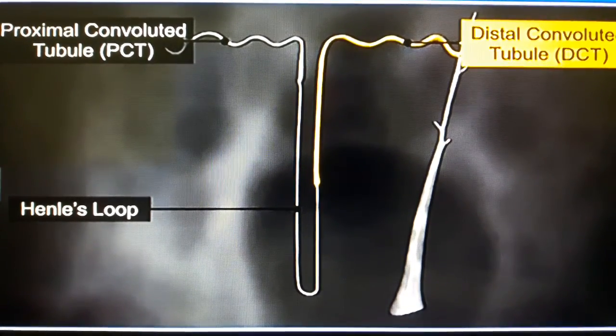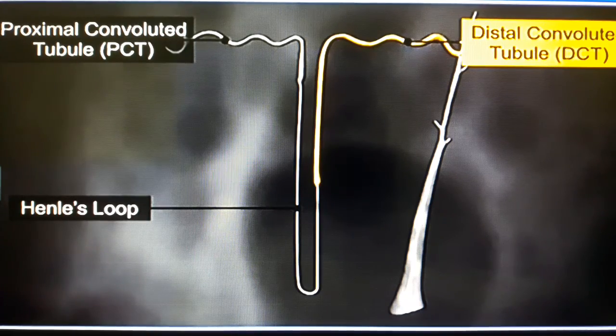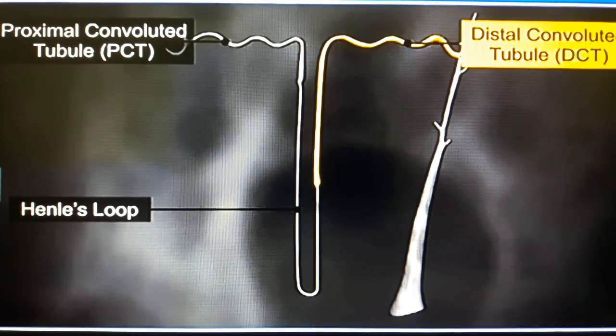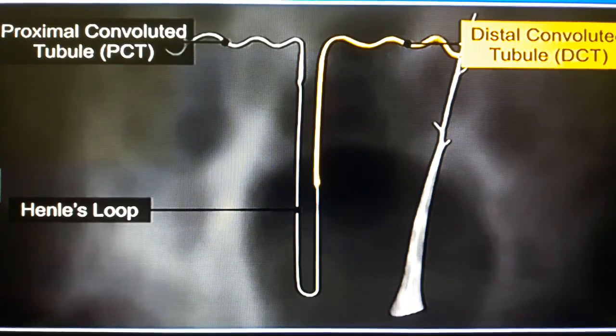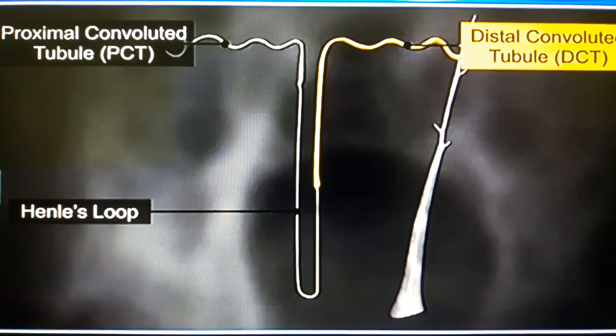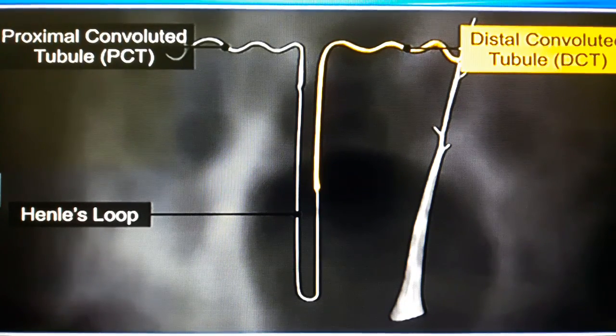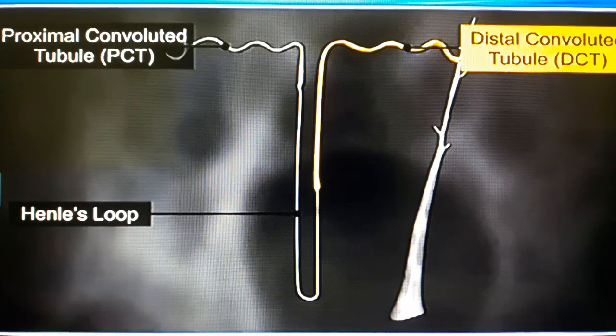So a fall in GFR can activate the JG cells to release renin, which can stimulate the glomerular blood flow, and thereby the GFR comes back to normal. So both these mechanisms, myogenic and juxtaglomerular, work together and regulate the GFR automatically over a wide range of blood pressure. So there is also an extrinsic neural control that regulates the filtration rate.